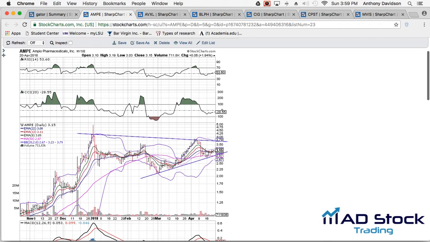You can see on the left of the chart, right under it says AMPE daily, you have the EMA 22, EMA 13, and EMA 8. That's the exponential moving average. For a chart to go up, if you look on the chart, the 8 average is over the 13, and the 13 is over the 22. So right here, it's at 315 on the far right of the chart. It shows us that